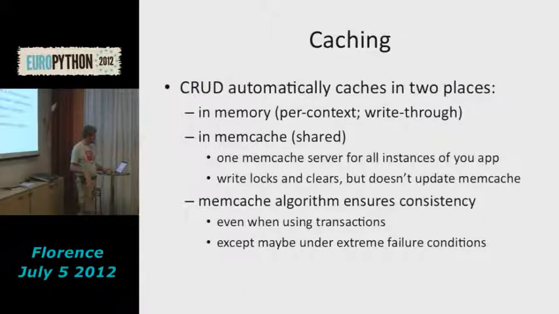The memcache integration is somewhat unusual, but the good news is that it is completely consistent. Now, I believe that theoretically there is an incredibly unlikely corner case where it might not be consistent, but you'd have to have multiple components fail simultaneously in unexpected ways. So in practice you can say the memcache integration is consistent, so you never have to worry about how long you want your memcache entities to last. You still can tune a lot of it, because maybe you have certain entities that you don't want cached at all because you happen to know that it won't be very useful.